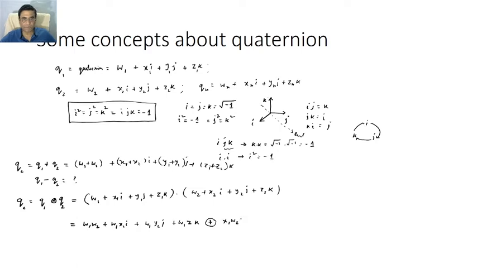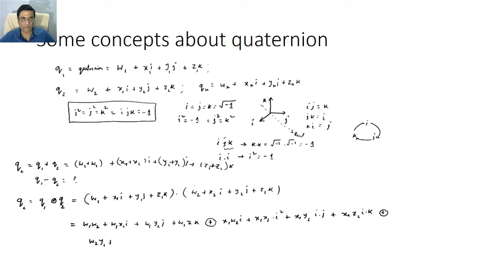w2 i plus x1 x2 i squared plus x1 y2 i j plus x1 z2 i k. 1 2 3 4. So 1 2 3 4. So these are all done. Now multiply this quaternion by this quantity. So then we are getting w2